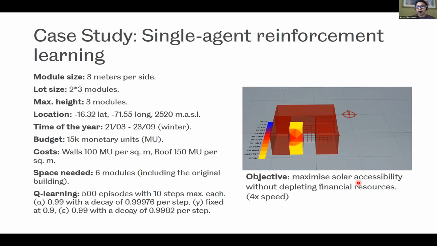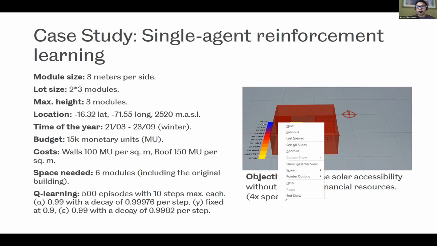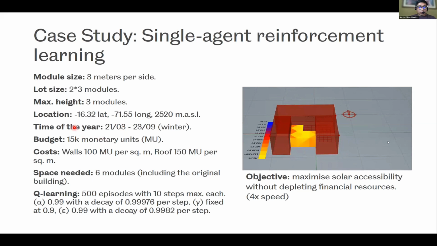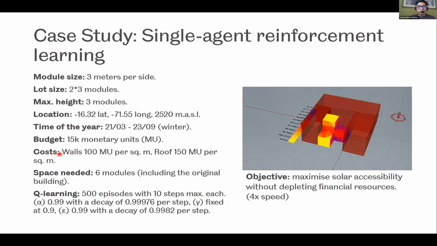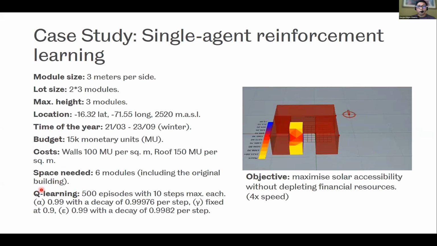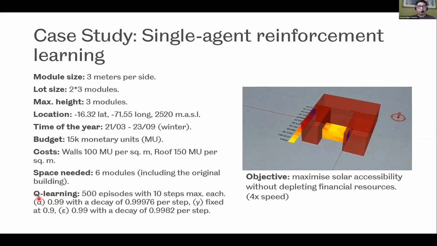maximize solar accessibility without depleting the financial resources. So we also have the costs and the space needed and budget. Space needed and budget will usually come from the social model, but in this case, they were predetermined. And then we also have the Q-learning algorithm, which has some inputs, like the alpha, which is the learning rate, the gamma, which is the discount factor, and the epsilon, which is